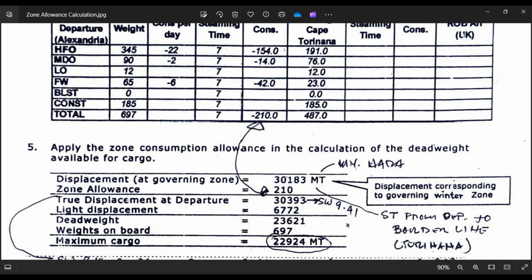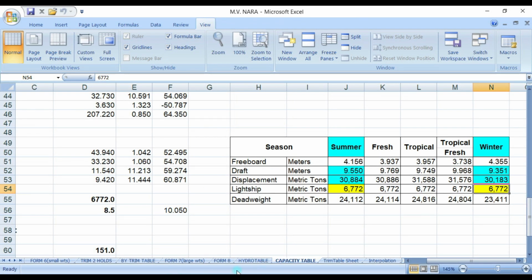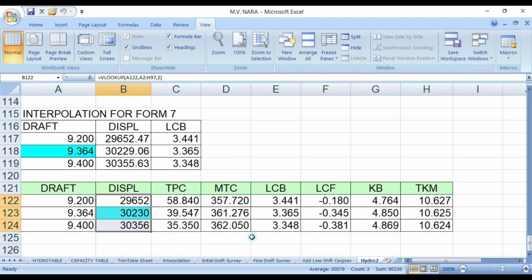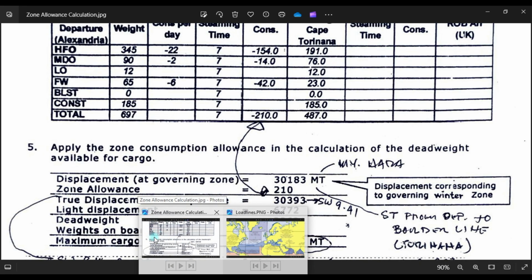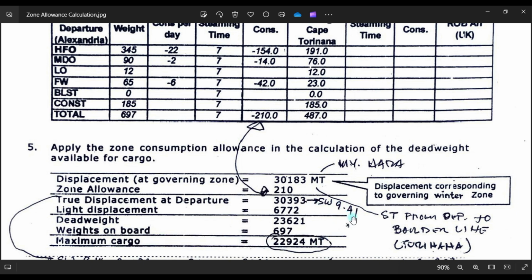Then you go here, put here 30393. That will be the drop will be 9.411. So the drop is 9.411 seawater.